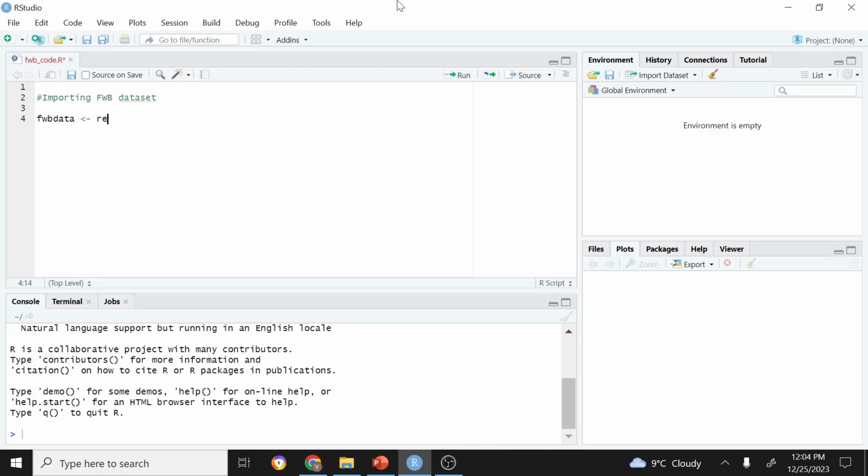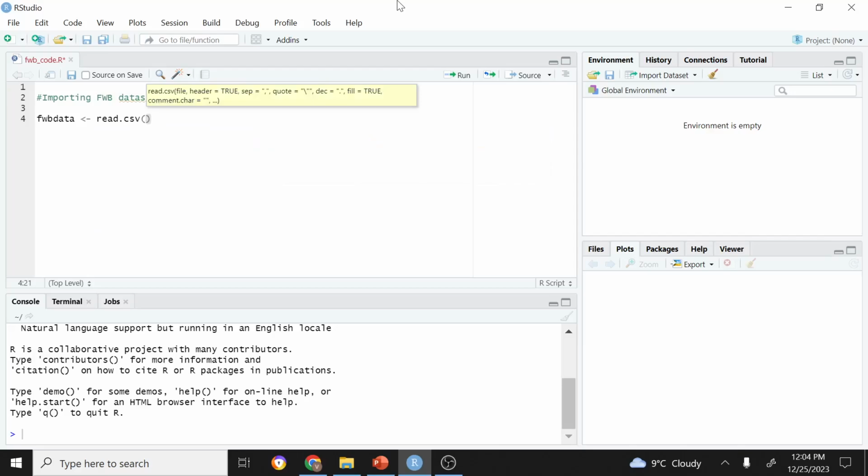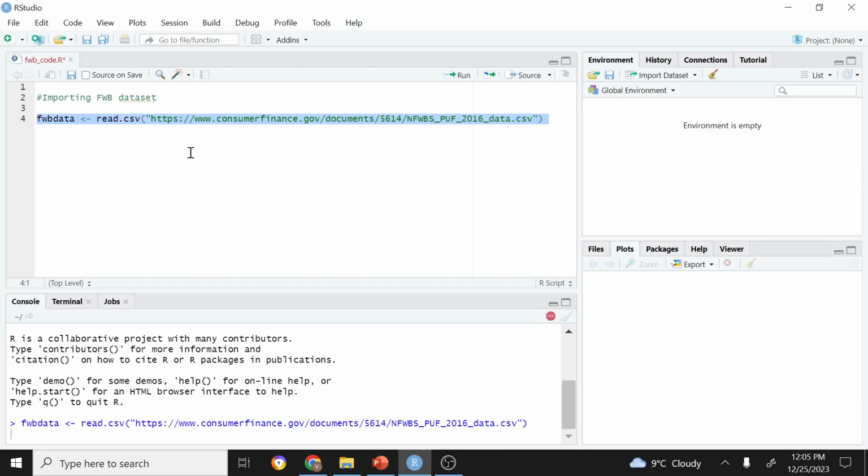Next, I'm going to use the read.csv function. Then inside that, I'm going to use this quotation, and inside the quotation, I'm just going to paste the link. Next, I'm going to select this whole line and click run, and this should download the data directly